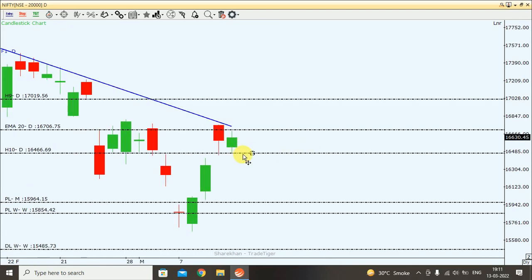If Nifty goes below 16,470 or 460, then we may go till this point, which is 16,415 or 348. So we may go till this point, right? Because there is a gap. This gap can be filled very quickly if we trade below the low of Friday, which is 16,470, right? If that happens, then we may head towards 16,330, 340 to this point.